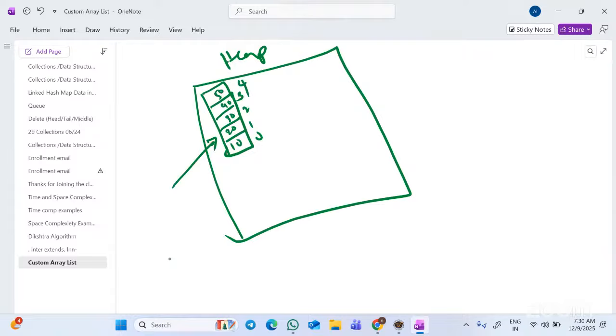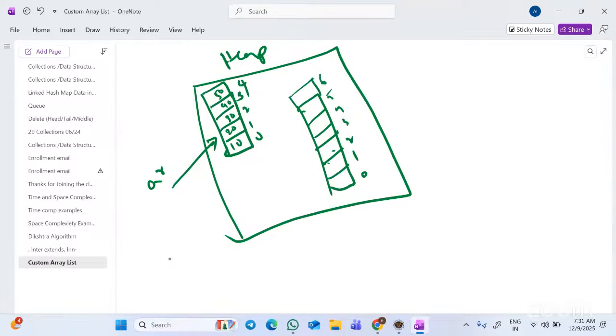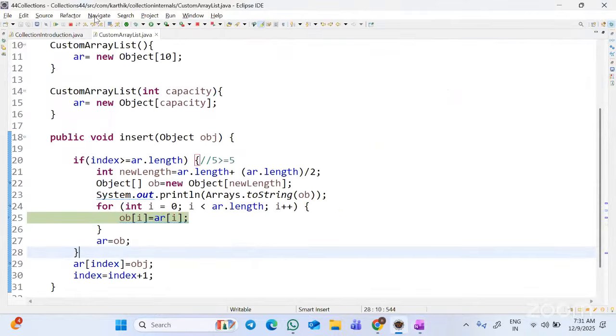So it is pointing to AR. Now what I have done is create an OB, with indexes 0, 1, 2, 3, 4, 5, 6, and we copied the data, 10, 20, 30, 40, 50. This is OB, right? Now, after you got the space,